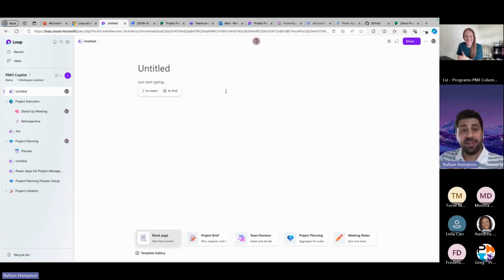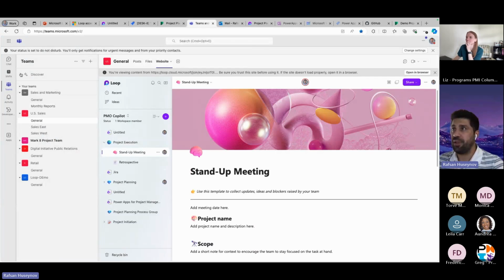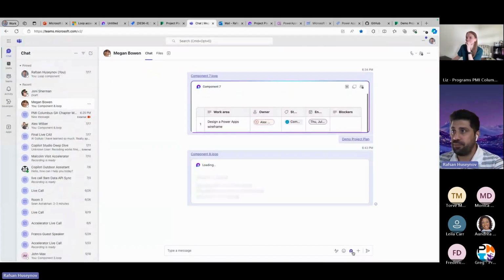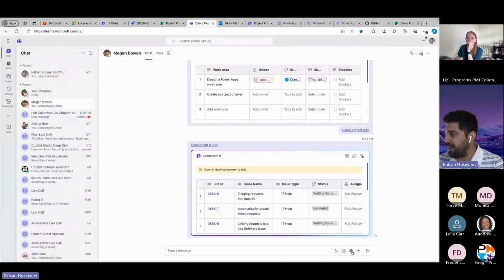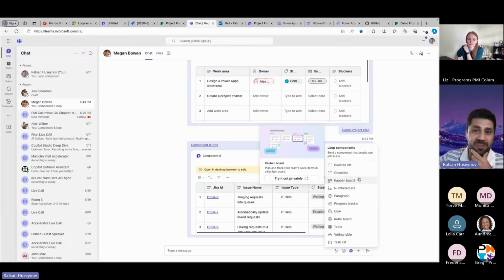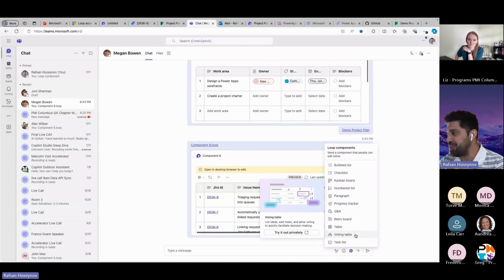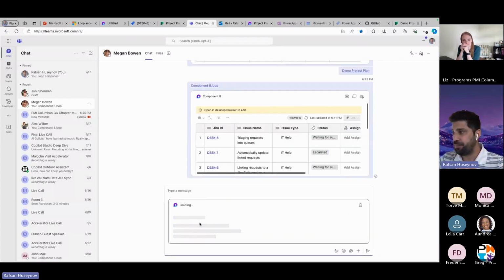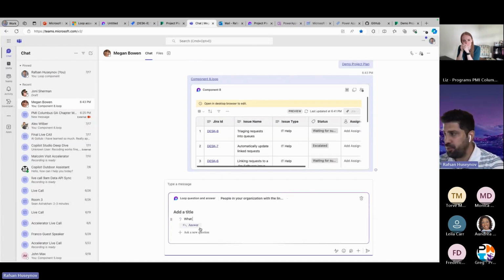Yeah. But I actually brought the Loop component from the Loop application. If you go to Teams, let's go to chat. So you probably see this icon here. Yes. So if you click that, that's actually Loop components. You can use it within there. For example, you can create Q&A. You can have questions. For example, what's the